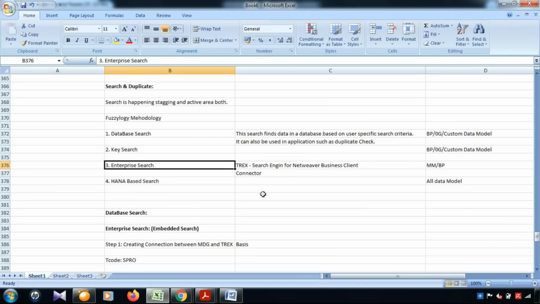If you see from the performance point of view, this is not a very ideal kind of search scenario, because every time you hit the database, it impacts the performance. So because of that reason, enterprise search is one of the options. When you enter certain search details or search criteria, it will not directly hit the database. Rather, it hits